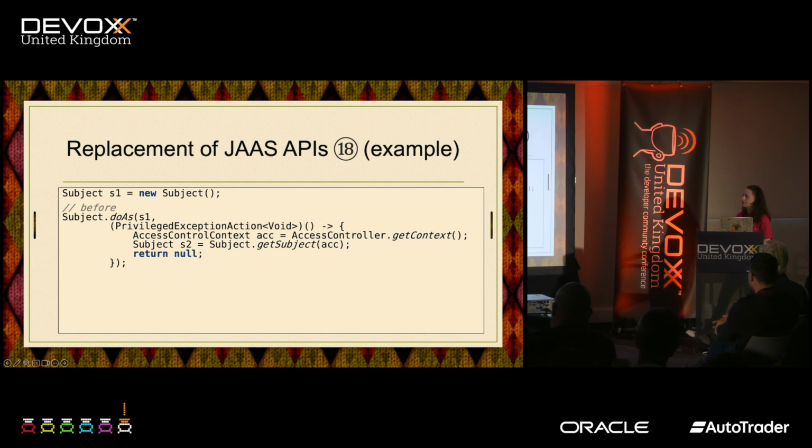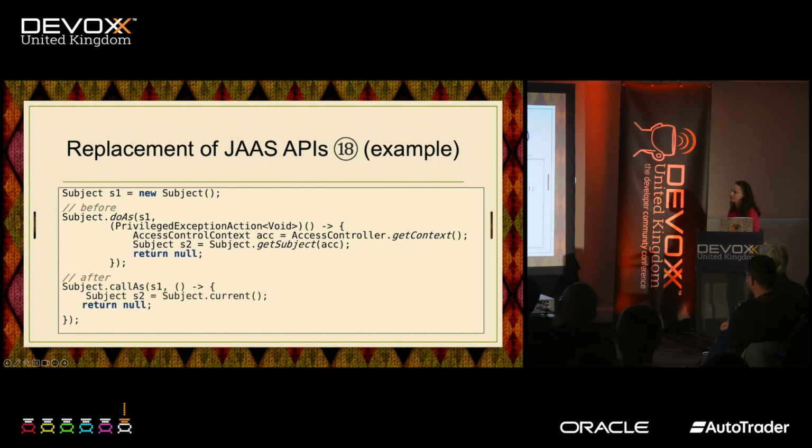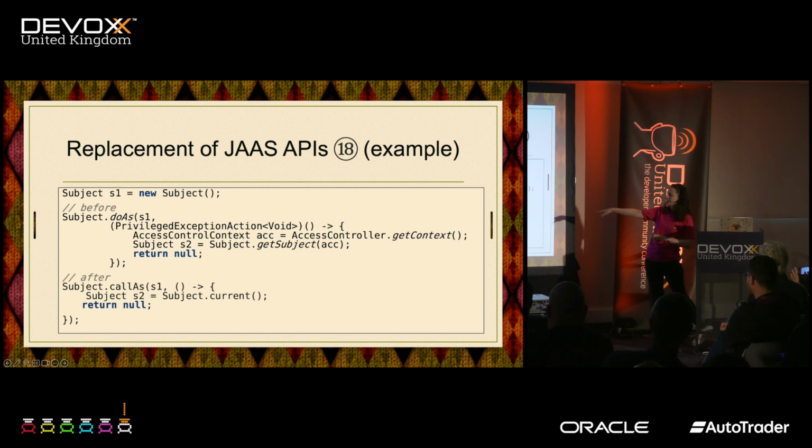So that spawned a new change in JDK 18 for the JAAS APIs. When would you use such an API? This API is important when you want to write a secure application that authorizes subjects or performs sensitive operations based on the subject's credential. So how did this get rewritten? It got rewritten to use another API for getting the current subject. So before, to get the current subject, you had to get the access control object, and then based on the access control object, you used to get the subject there.